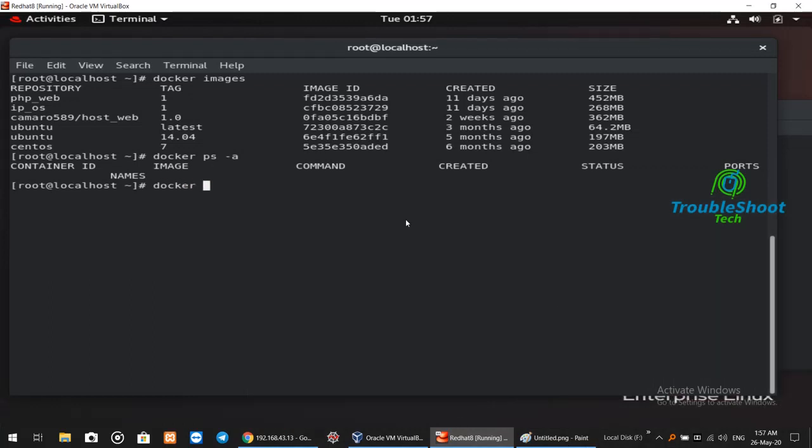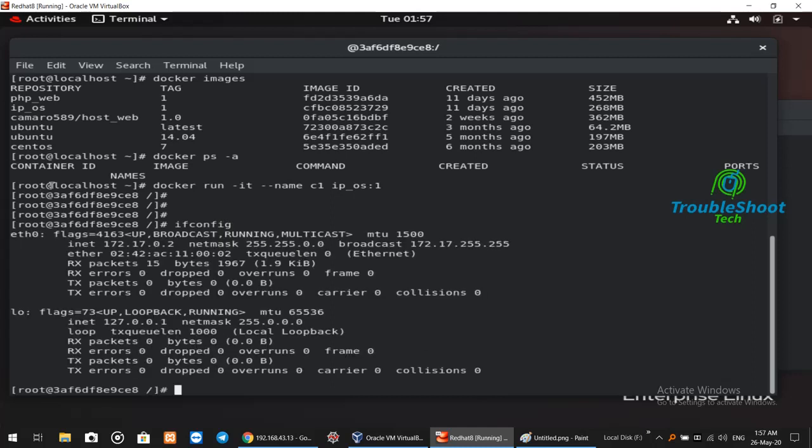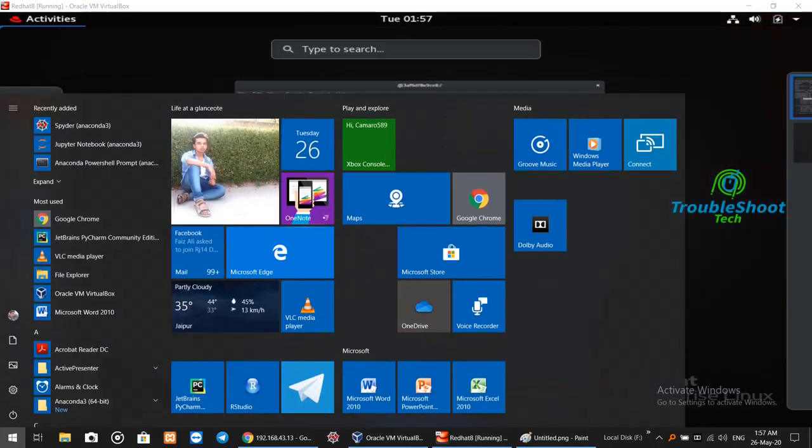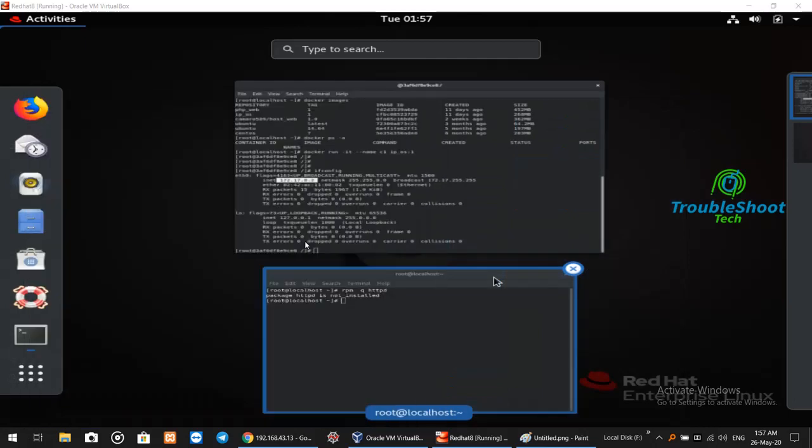Let me quickly launch a container, just named C1. We have to gather the IP, so I use a command which shows just the IP address. Let's quickly run it. So let's use the ifconfig command, and this is my network IP address. Now if I go to my base system, in the command client,